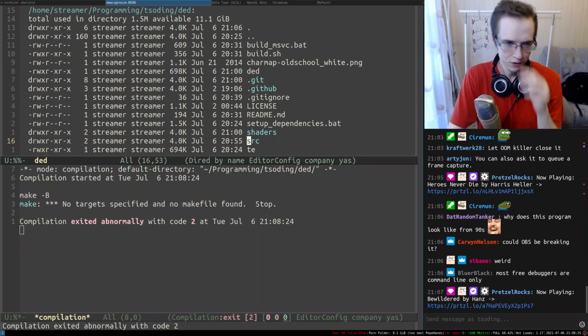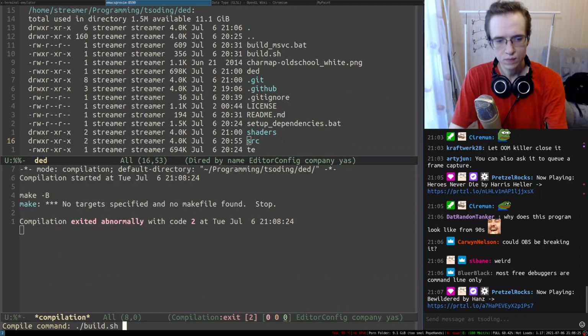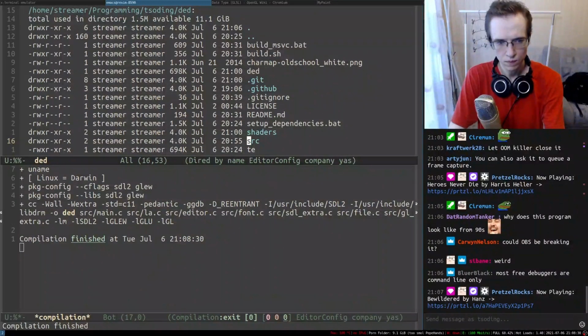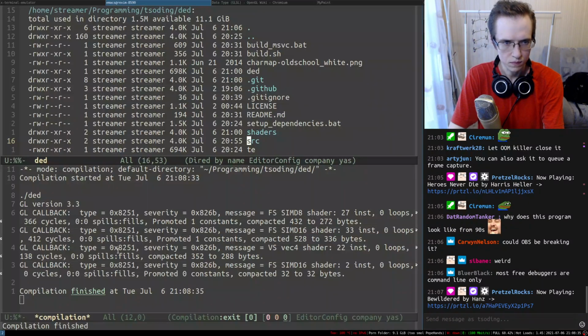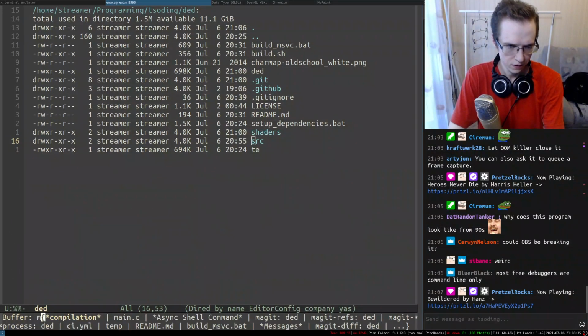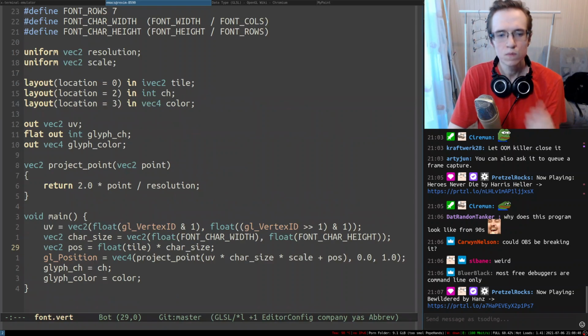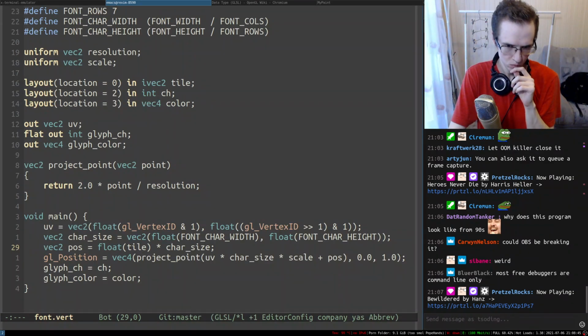I'm going to rebuild everything just in case. So let me try some other stuff. Scale.